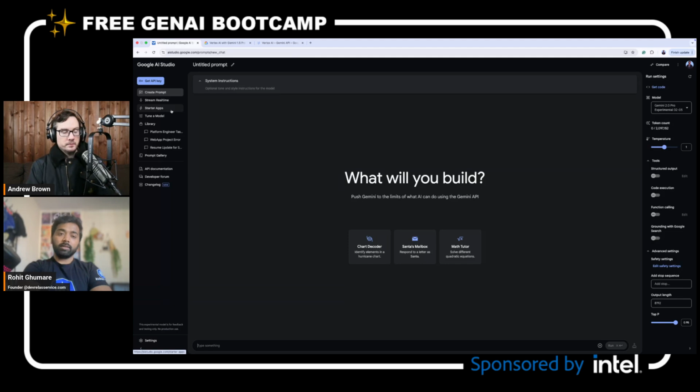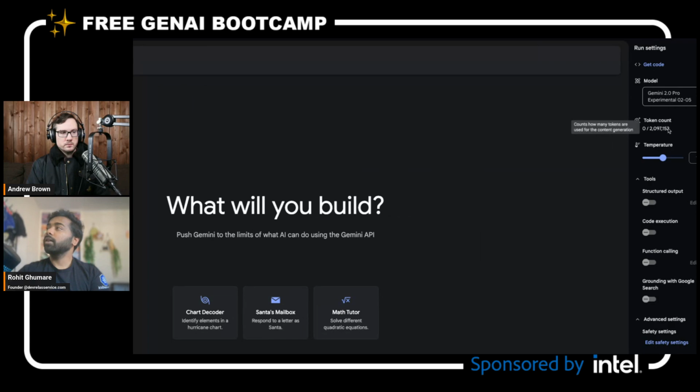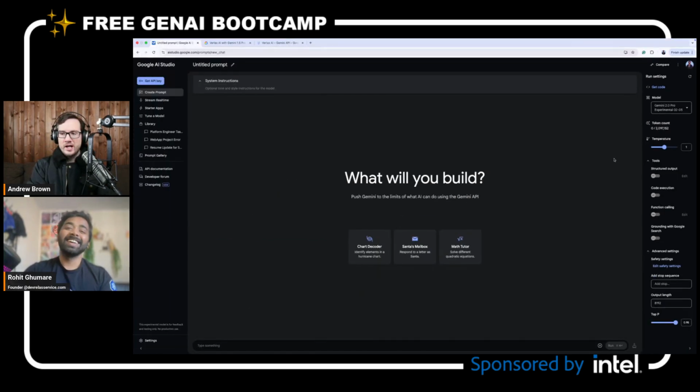Exactly. And one of the coolest things is you will see the token count here. There are 2 million tokens for my chat, and I don't have to pay anything to Google. It is for free. Who provides 2 million tokens for free? And the best thing is, you chat a lot, and you think, now I used my 2 million tokens, now what to do? Just open a new chat. You have free tokens again.